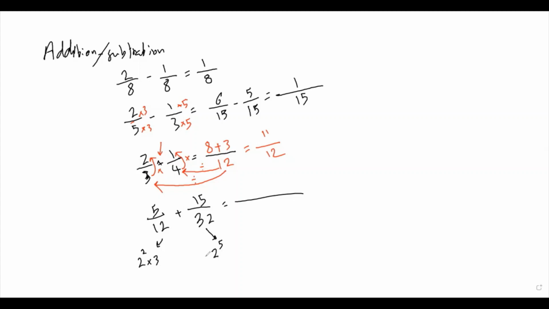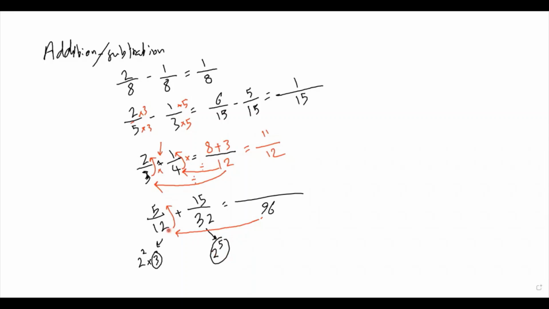Factors with the largest powers. In this case, it's this times this, right? And the answer is basically 32 times 3, which gives us 96. And then you can say 96 divided by 12 times this. So 96 divided by